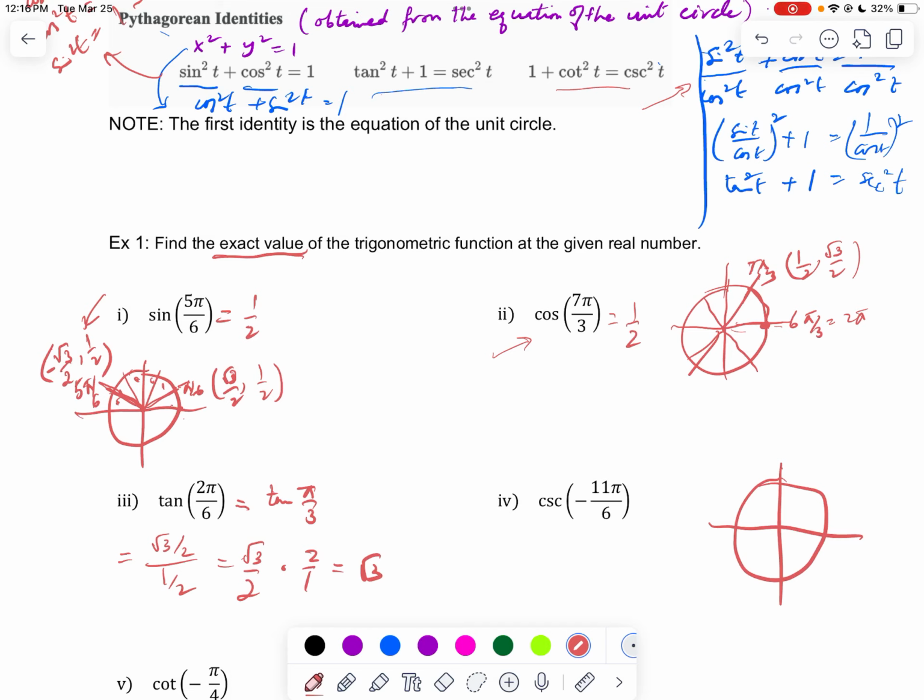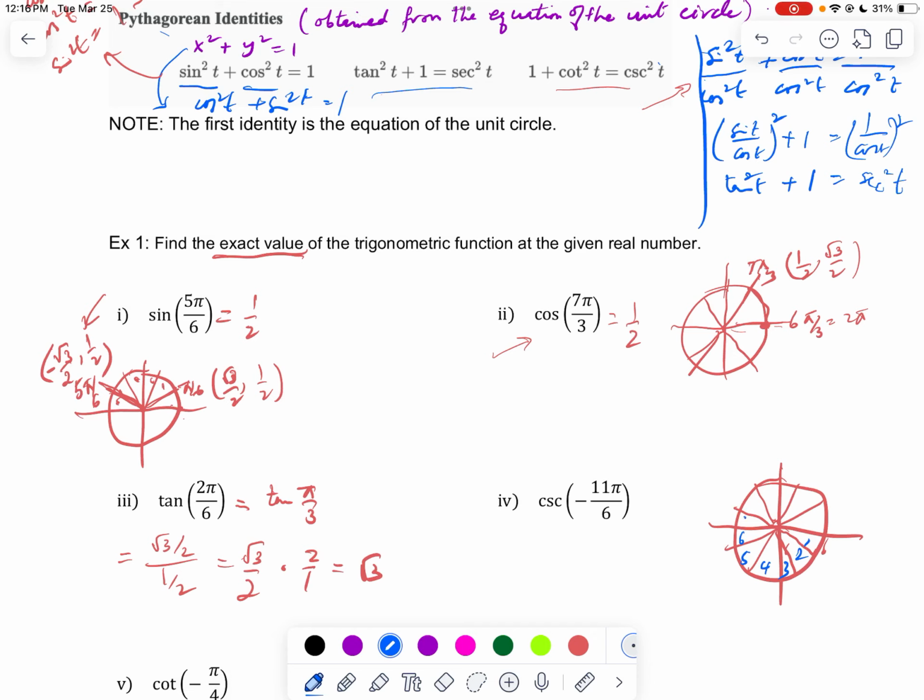So we are going like this. 3 parts, 3 parts, 3 parts. It will be moving like this: 1 pi over 6, 2 pi over 6, 3 pi over 6, 4 pi over 6, 5 pi over 6, 6 pi over 6,